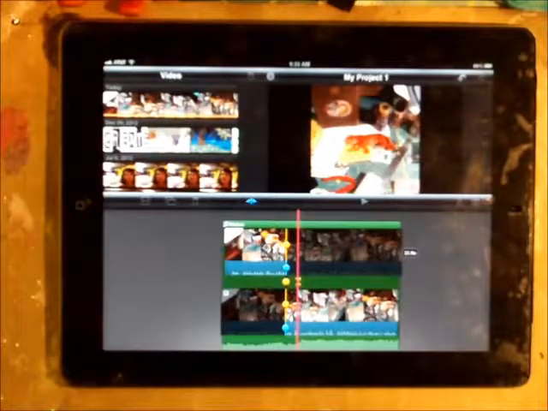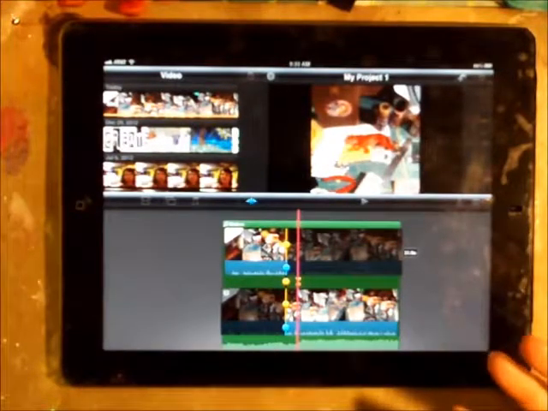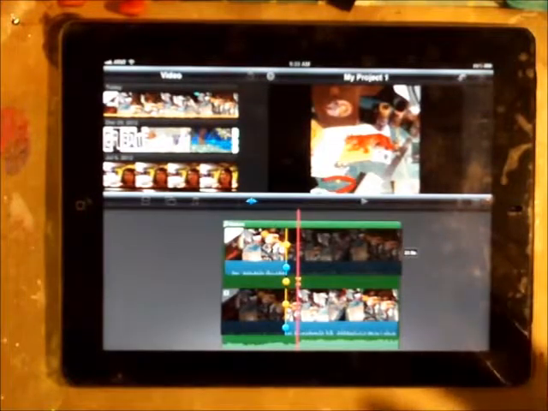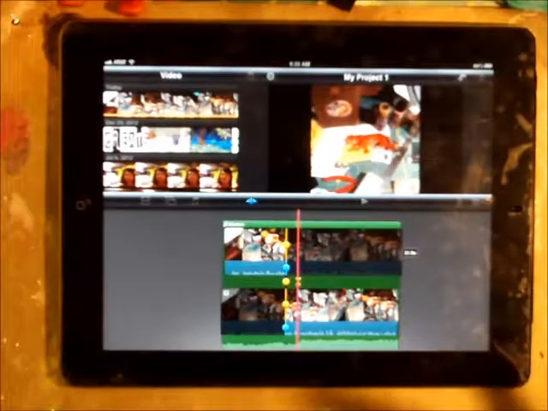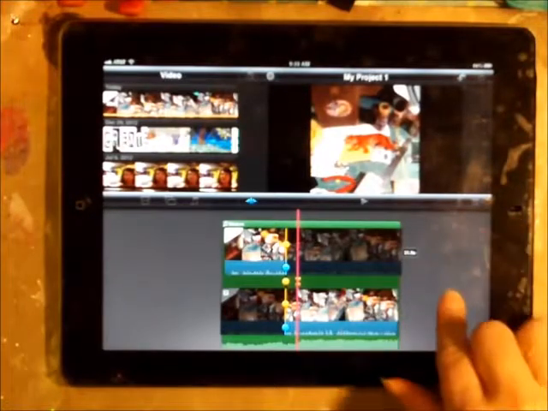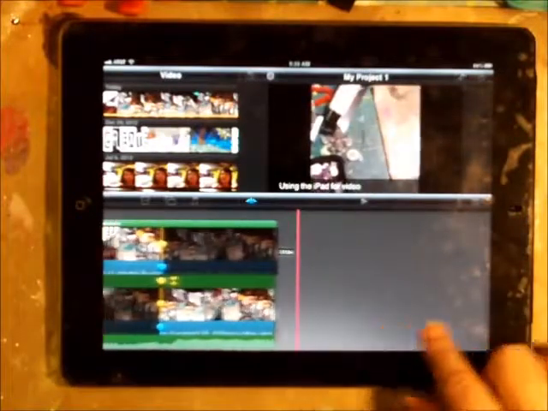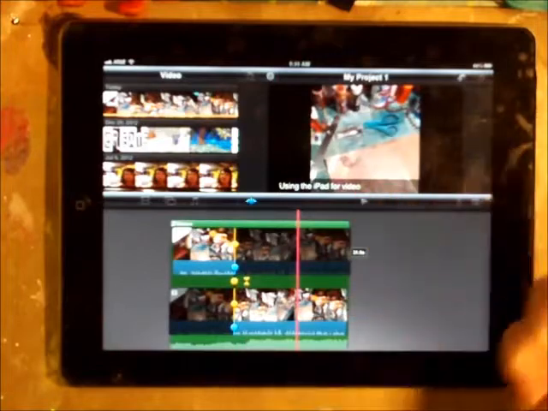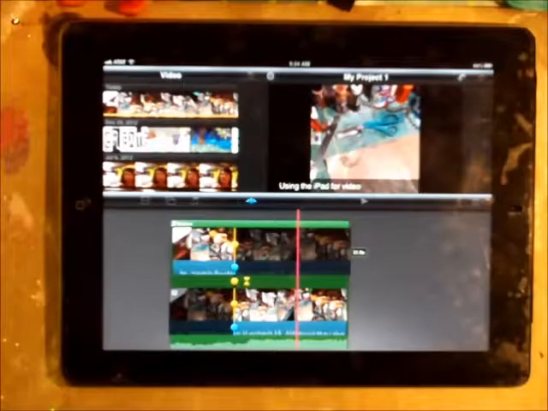You can also import lots of images in here, make a photo collage real easily in here. It's a lot of fun. I've played with it for my business. I've played with it for just, you know, videoing things around the house, the dogs, whatever. It automatically saves, so you don't have to keep worrying about going back and saving it. So my video is saved, so I want to go back and